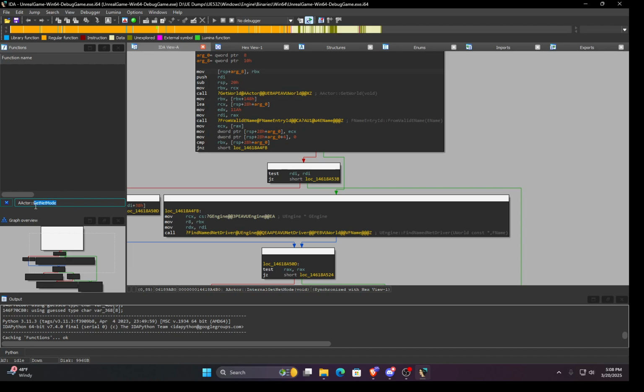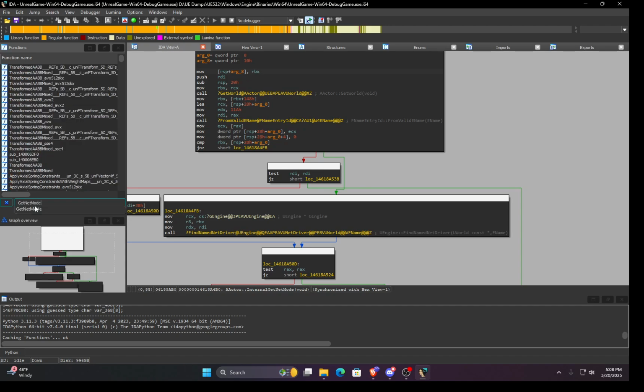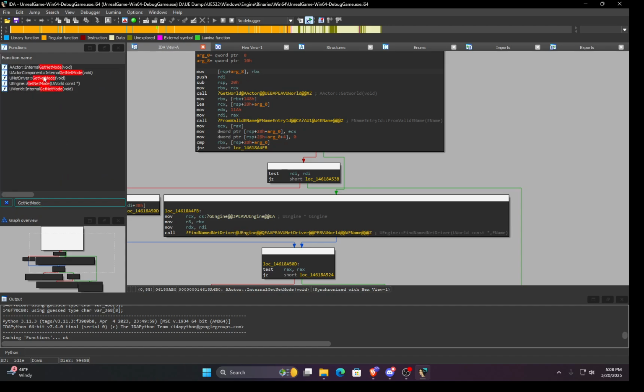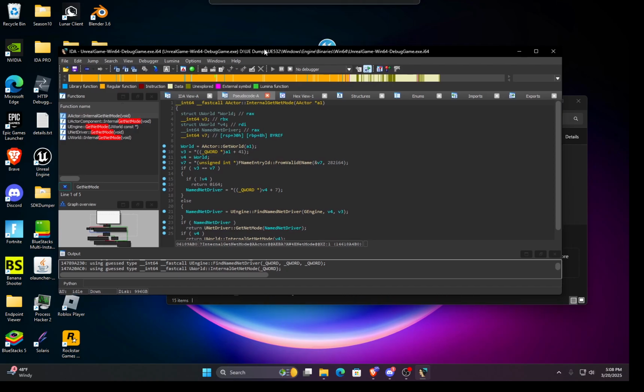Okay. Oh wait, no, it's okay, sometimes it's better to do that. Yeah, let's do that. Okay, after internal get net mode, and it's already on it. So now we know what the function structure looks like. So then if we go to our